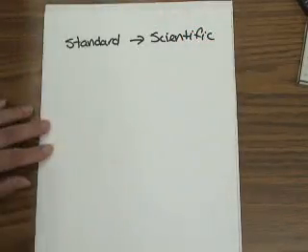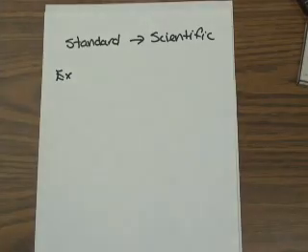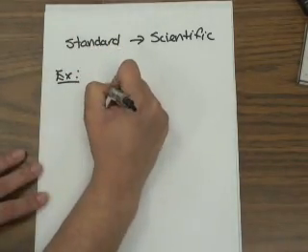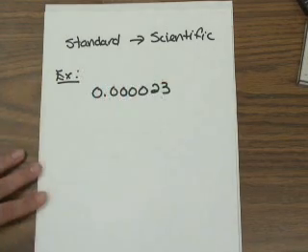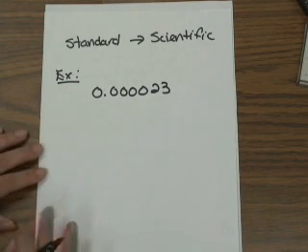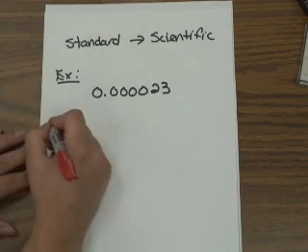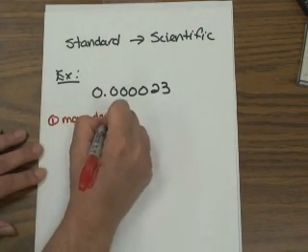So let's look at some examples like that. Let's say we have a number like 0.000023. This is currently in standard form. What we want to do is make it into scientific notation. So one of the first things you need to remember is you want to move the decimal as many times